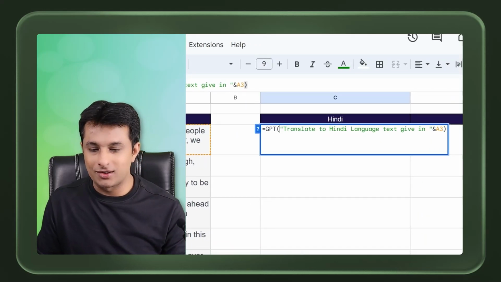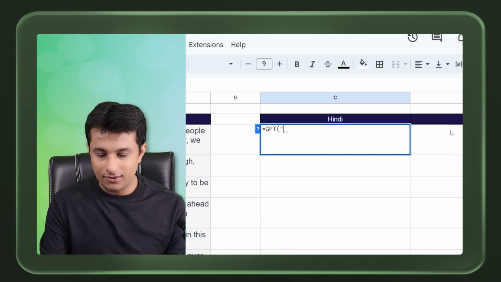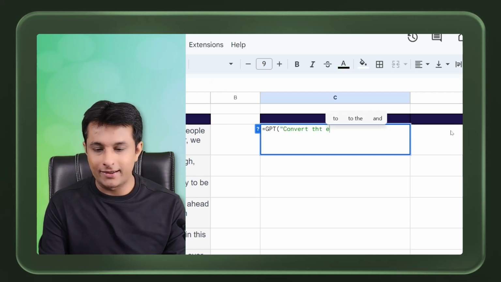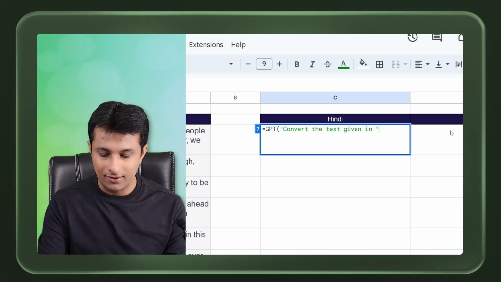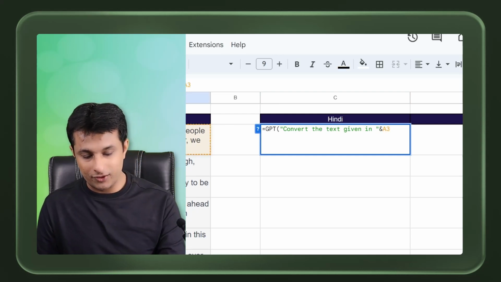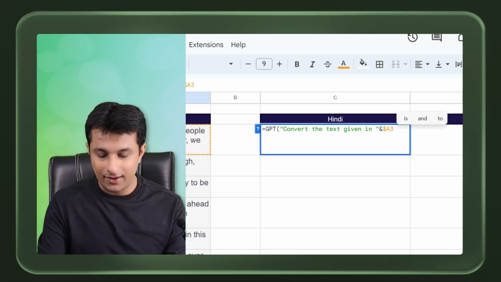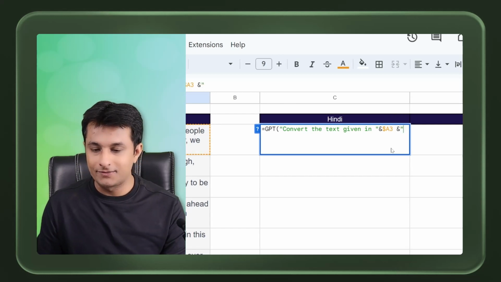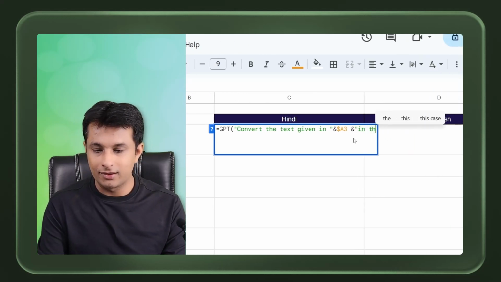Very nice. So I can write over here, and let me zoom the screen so I can write it properly. Here I have to make some changes. The changes should be: convert the text given in. So I can just close this bracket, ampersand, and select this particular cell. Here I have to do some settings, which is a dollar sign, and then ampersand, and in double quotes I can write "in the language"